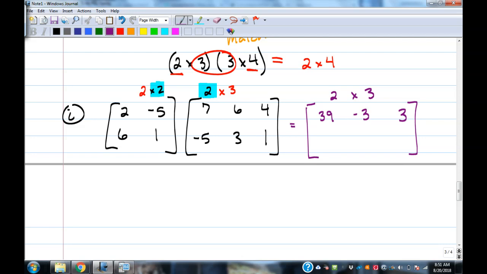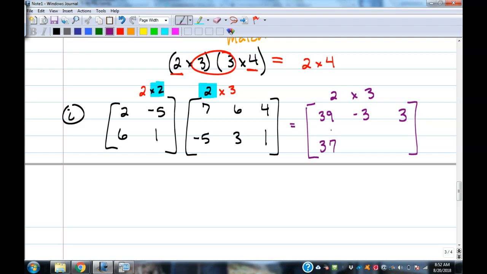Okay. That gets me my first row of elements. Second row, I take the second row times each column, and add up the results, and that's going to give me each element. 6, 1 times 7, -5. So 6 times 7, 42. -5 times 1 is -5. 42 plus -5,